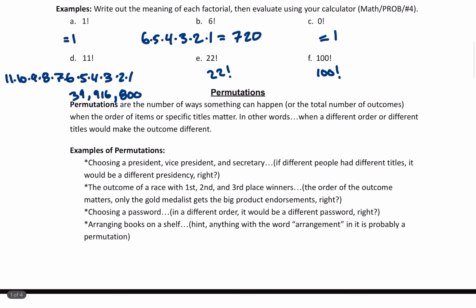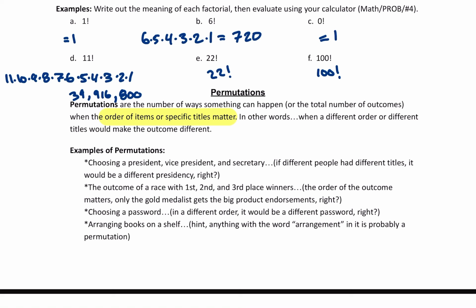So moving on, we have permutations. Permutations are the number of ways something can happen, or the total number of outcomes, when the order of items or specific titles matter. That sentence right there is super important. In a permutation, order matters. That's important to remember because as we go further in this unit, we'll find another tool where order doesn't matter. But it's important to remember